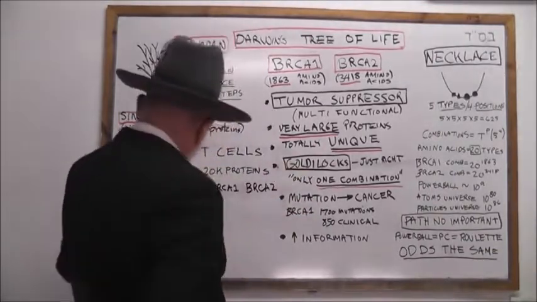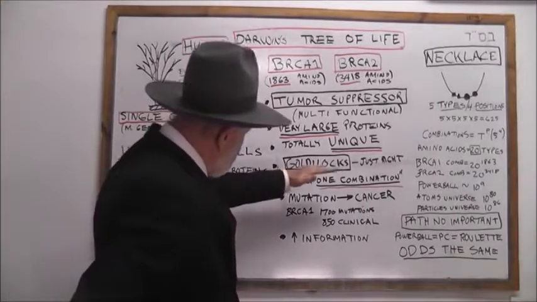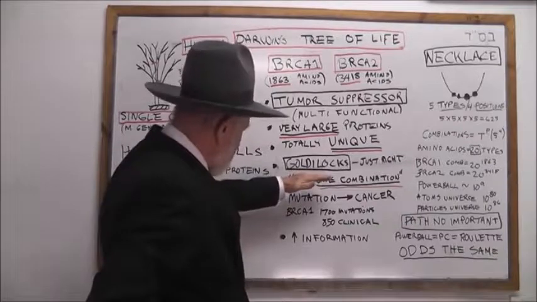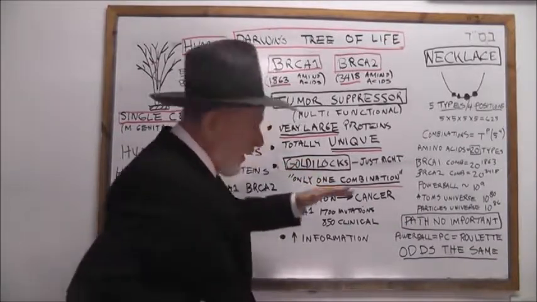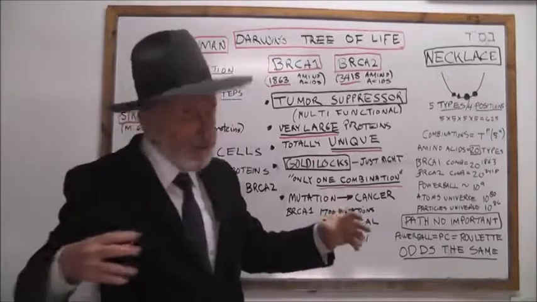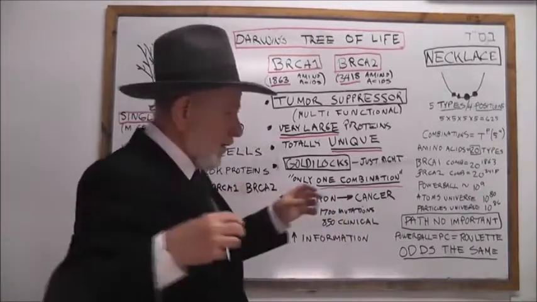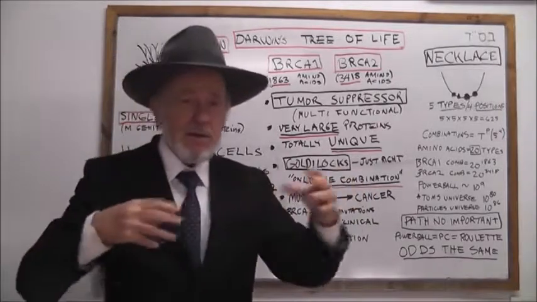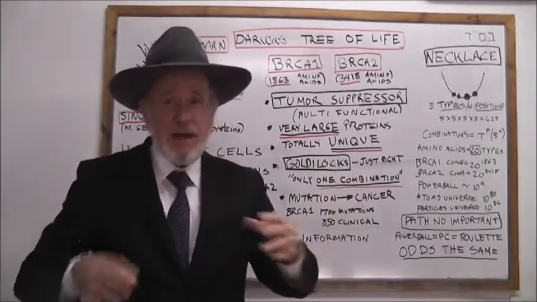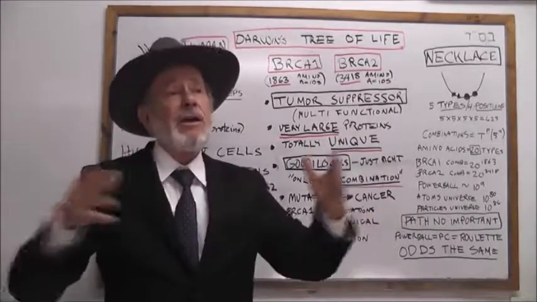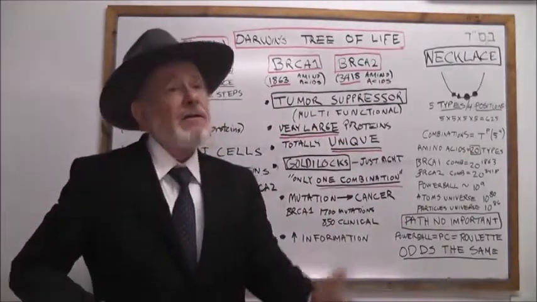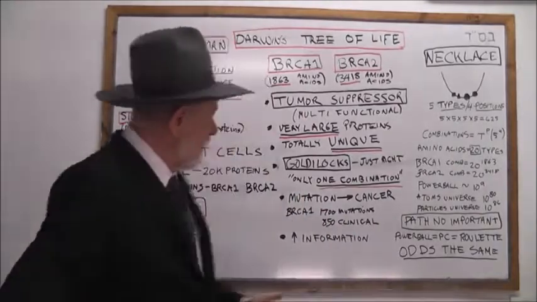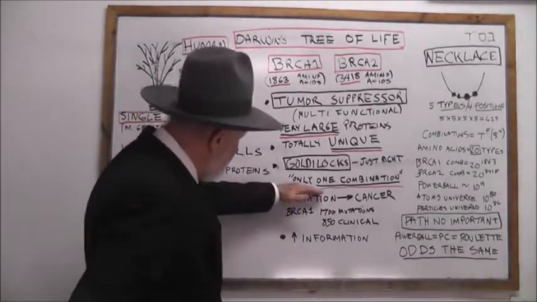Finally, going back to the immobilizer, both of these have what's called a Goldilocks component to them. Each one of these large proteins can only be just right. The combination of amino acids, which is coded by the gene for each of these, has to be just right. You can't even have one amino acid missing or replaced by a different amino acid for these things to work right. There's only one combination.